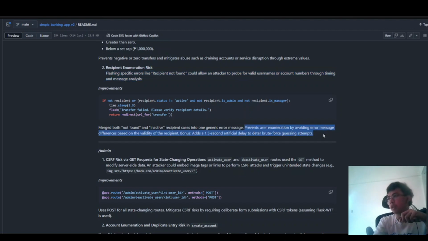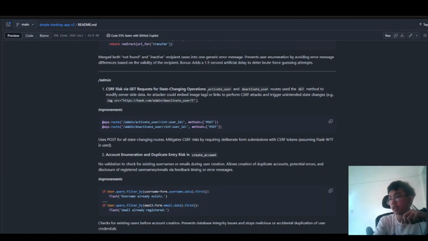So this prevents user enumeration by making the difference between valid and invalid responses less obvious, to disrupt brute force guessing attempts. We added a 1.5 second delay on the error message. Now for the admin,